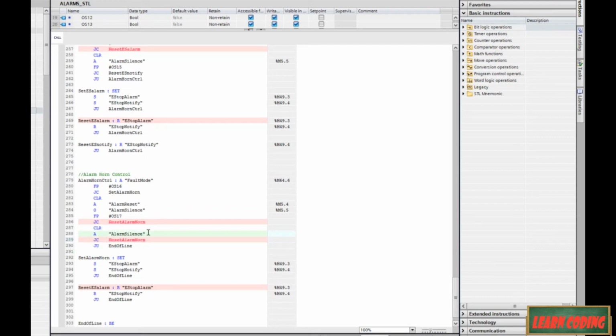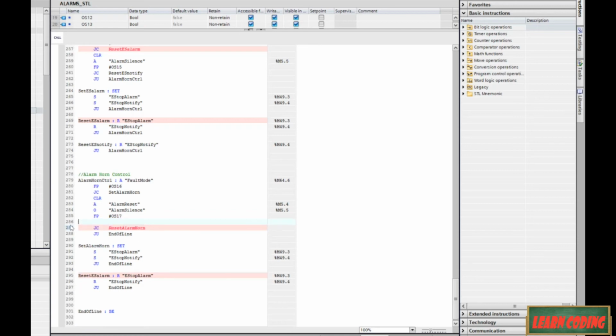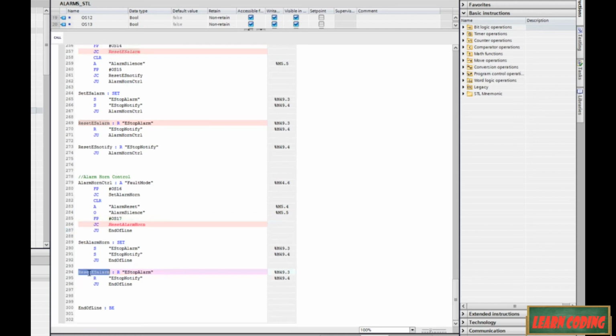Alright, so if we've got that, then we're going to jump conditionally to reset. Why is it called ES alarm still? Reset alarm horn, that's what we wanted. If either one of those buttons is being pushed on the first scan, we're going to jump down to reset the alarm horn, and then we're going to jump to end of line otherwise. And after we do the reset, we're going to jump to end of line, and after we do the set,